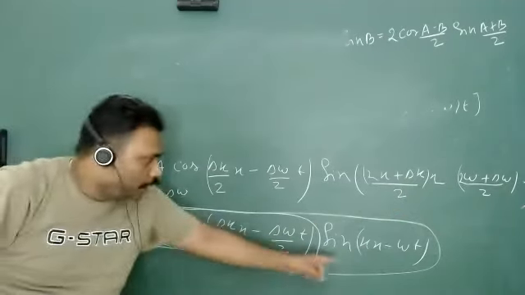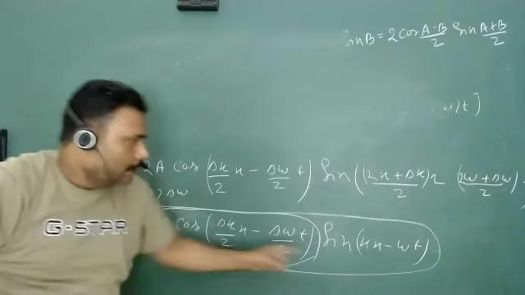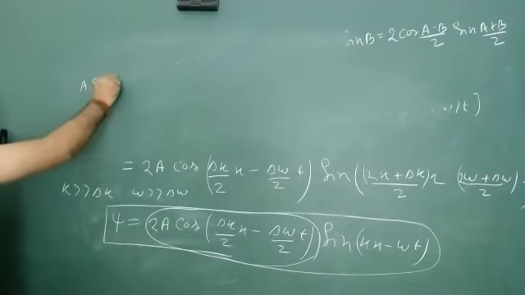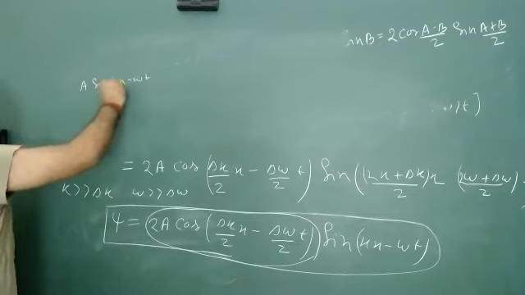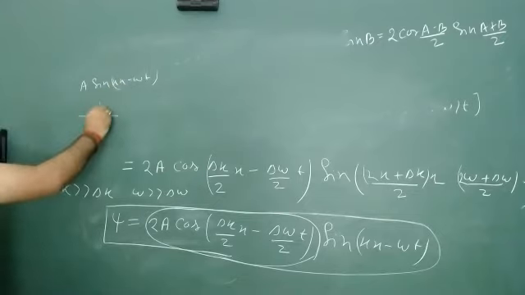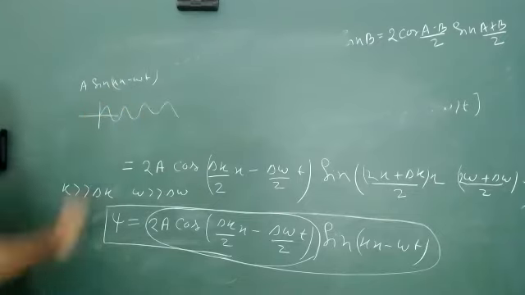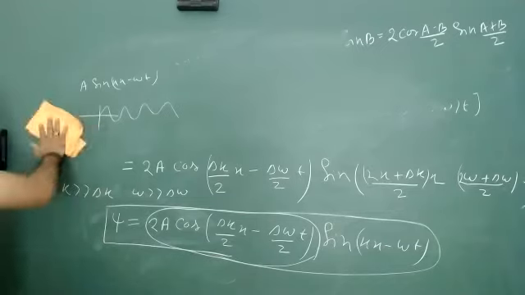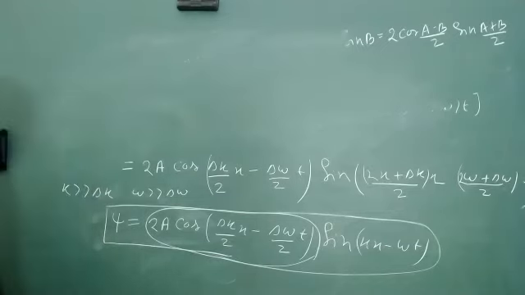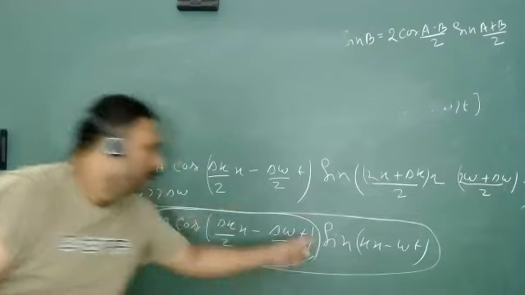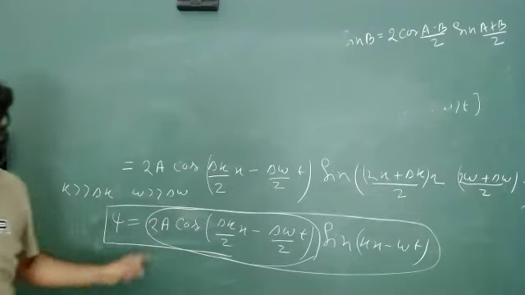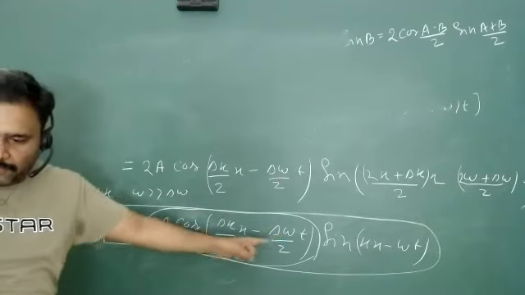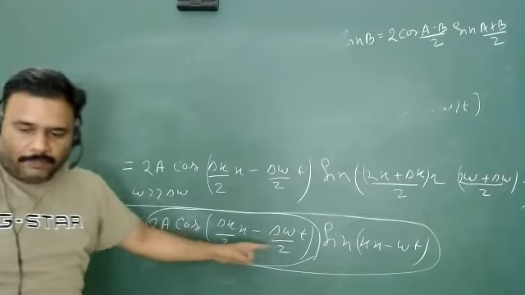If we are going to plot it, how will you plot a sin(kx minus omega t)? How will you plot it? Something like this, right? The amplitude is the same. Okay. Now you can find this part remains the same. This part is going to change. So this just behaves like a cos function, isn't it? This just behaves like a cos function.